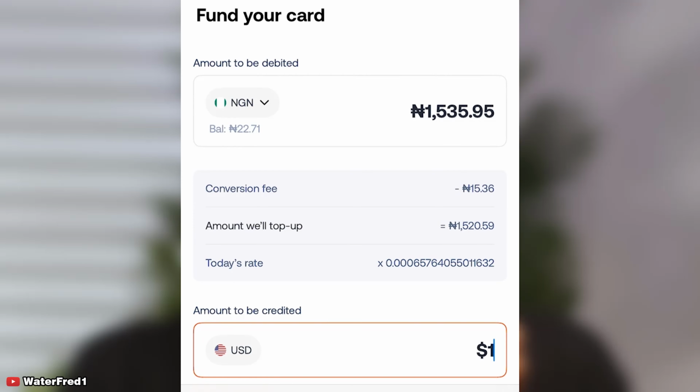1535.95. Good rate. Okay, good rate. Yeah, so that is for Gray. Number 2, and second to the best rate, second to the cheapest rate, is